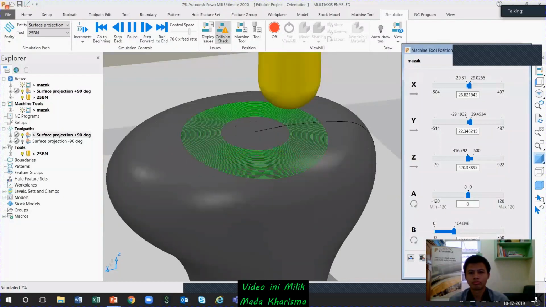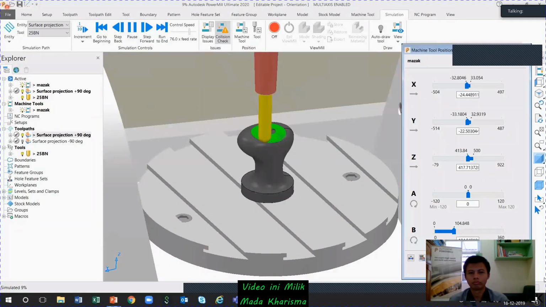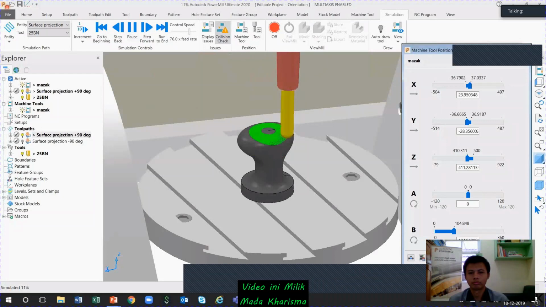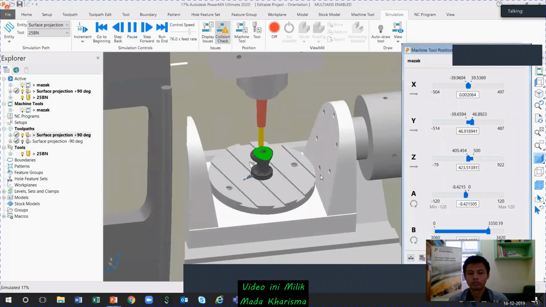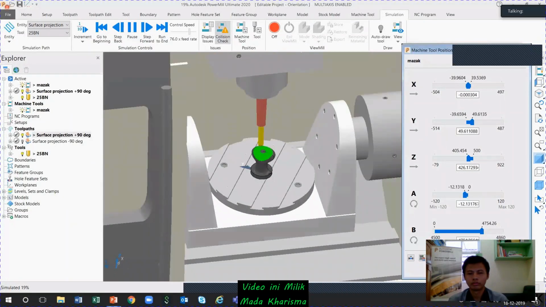So when it is moving down, okay, I have simply changed my tool axis. It's similar to the towards point option as previously seen. You can see here now very clearly, the table is moving towards your side. Okay, so you can see very clearly.